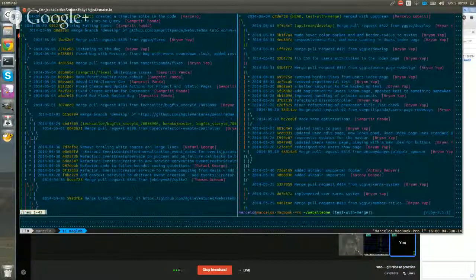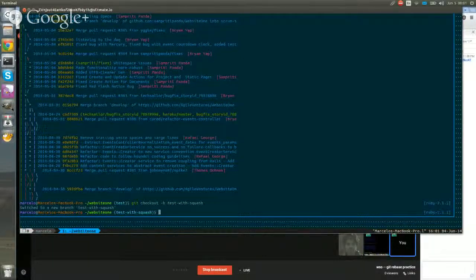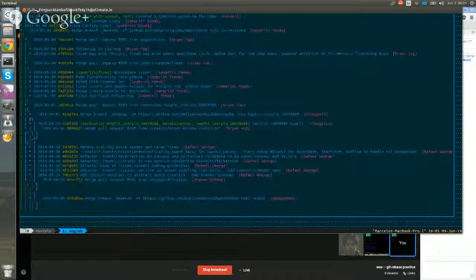Okay. Well, just for practice, squash those top 3 commits. All right. So, Marcelo, you still watching? Let me close this. In fact, I was going to ask you how to squash a commit, so that's a good sample. Wait, check out a new branch for this. This is sort of a nice template. Test with squash. Okay. So this is now the history.